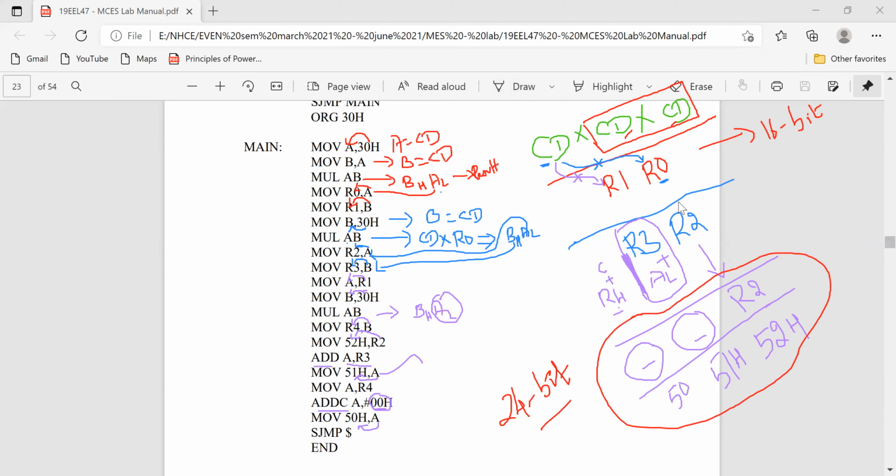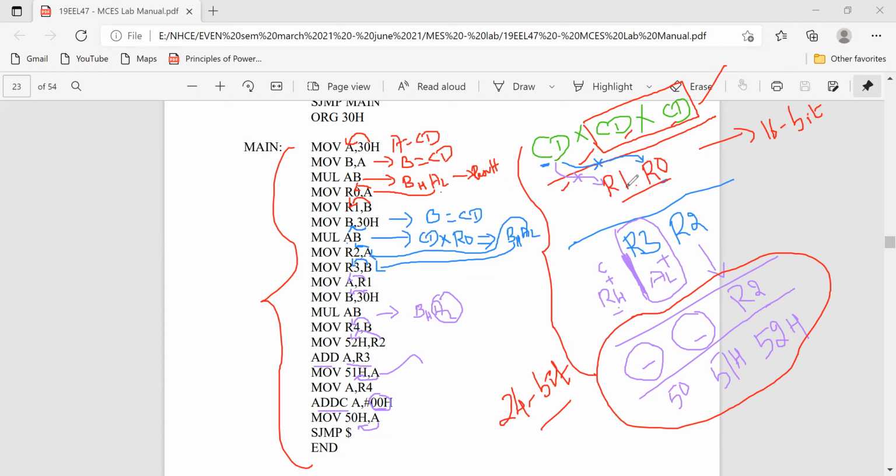So this is the operation taking place in this program. I have explained it sequentially: first portion, this one; second, this one; third, this one. For the first one, we are getting these two, and these two have to be multiplied with CD. This is 8-bit and 16-bit.